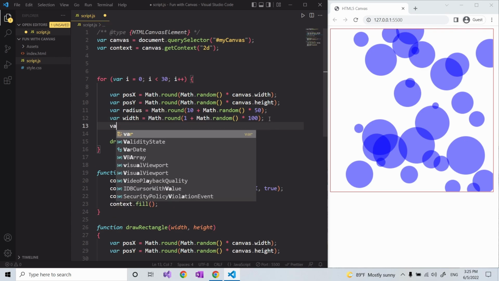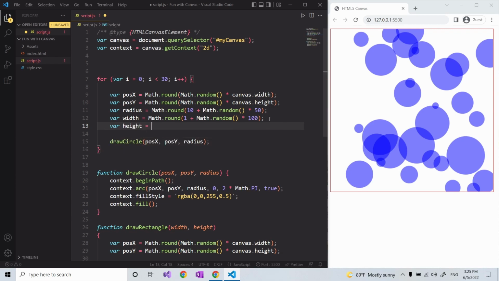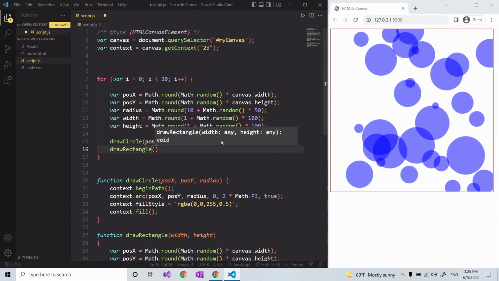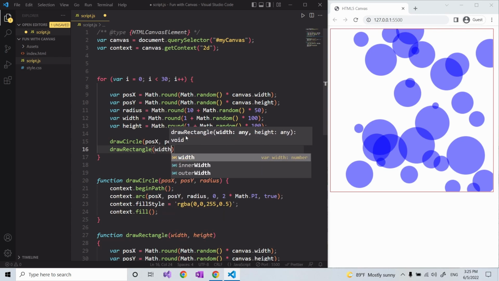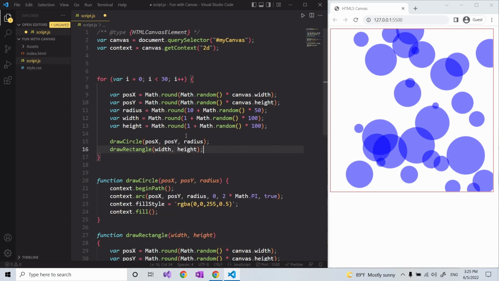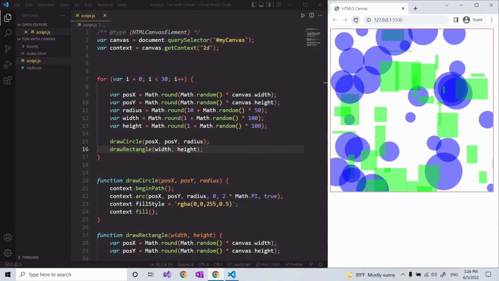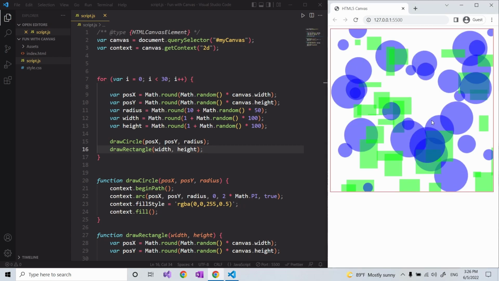And same goes for the height. Let's keep it the same way. Then we're going to have to call drawRectangle, and I'm going to just pass the width and height. Now if you see, we have those different rectangles, and the circles